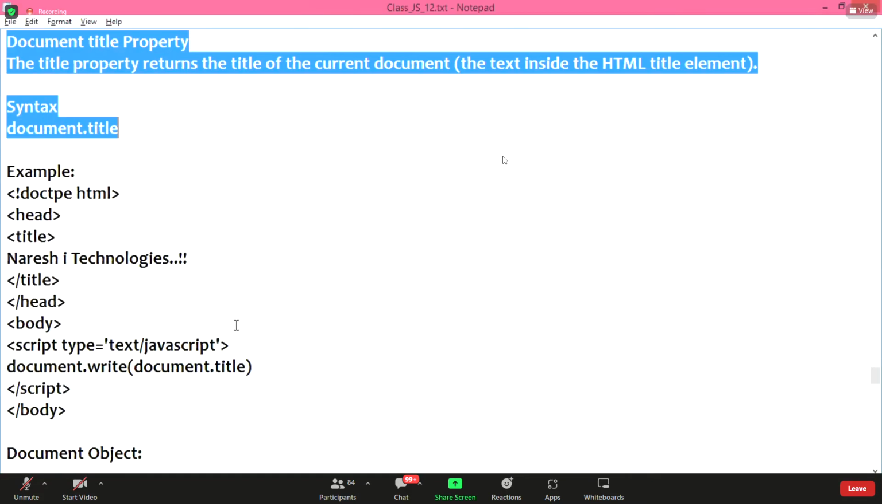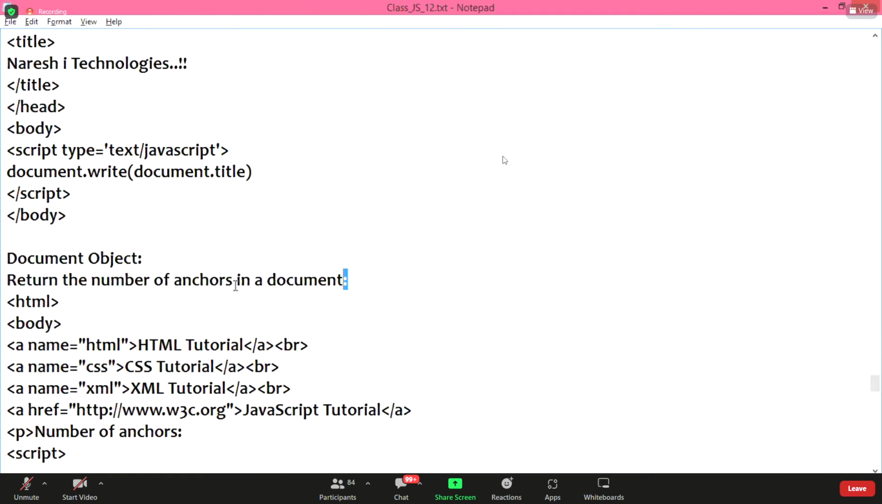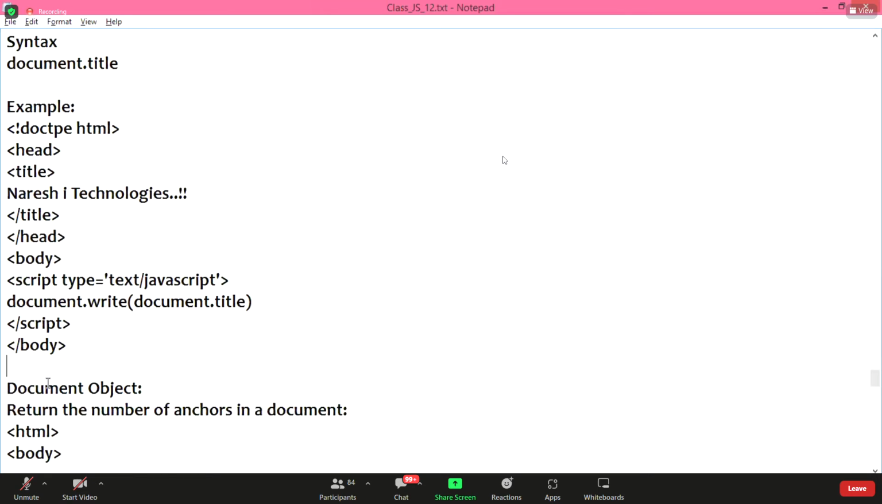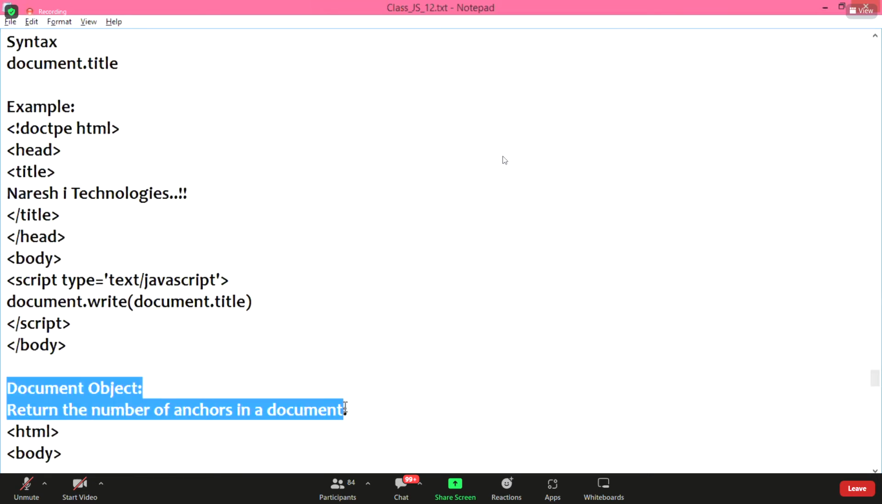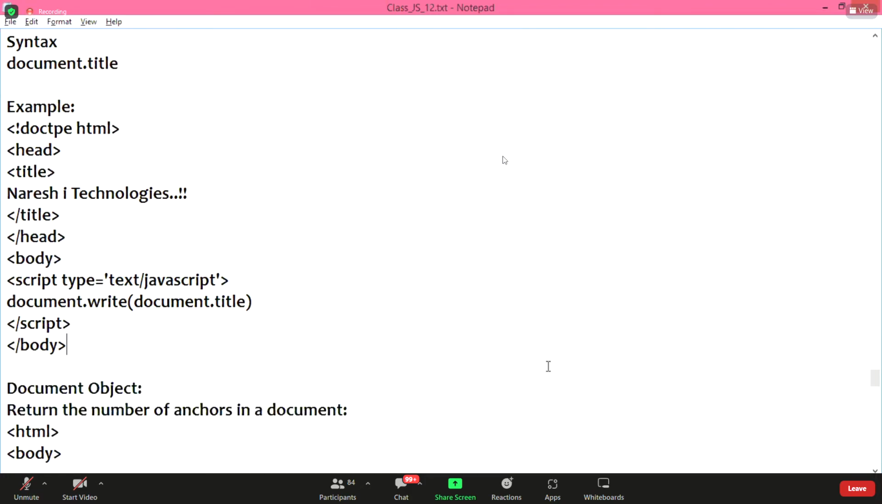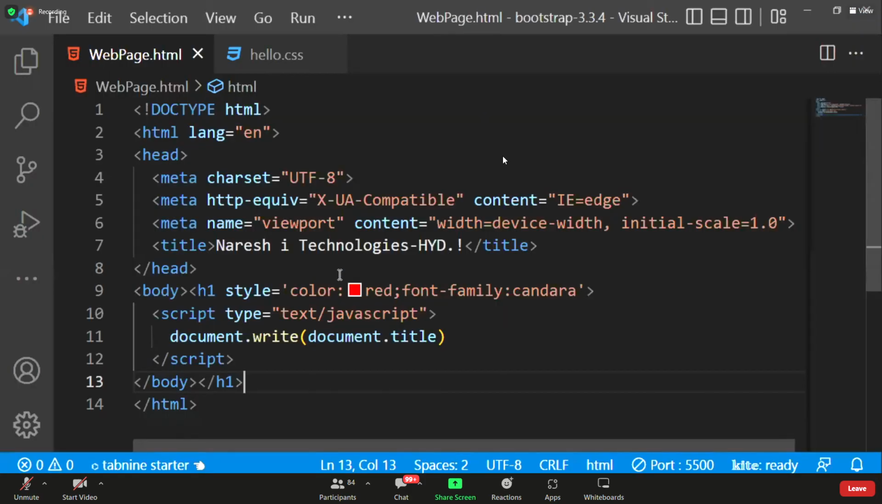Next level, what exists? Yeah, number of anchors, can we count? Anchors means what? Links available. How many links are available on the web page? Can we count that? Easily we can count. How are we going to count? So I'm going to show you the number of anchors on the web page. Shall I? Right now I'm giving that